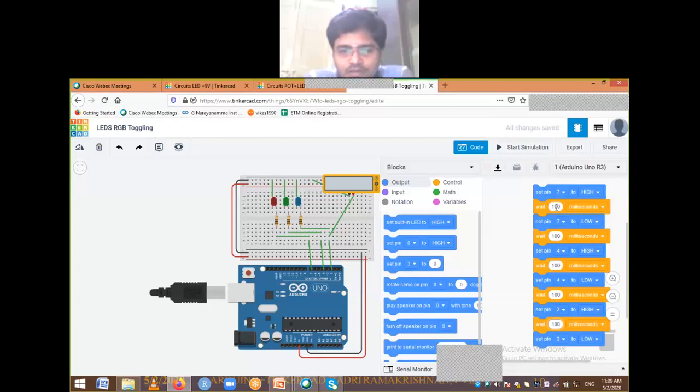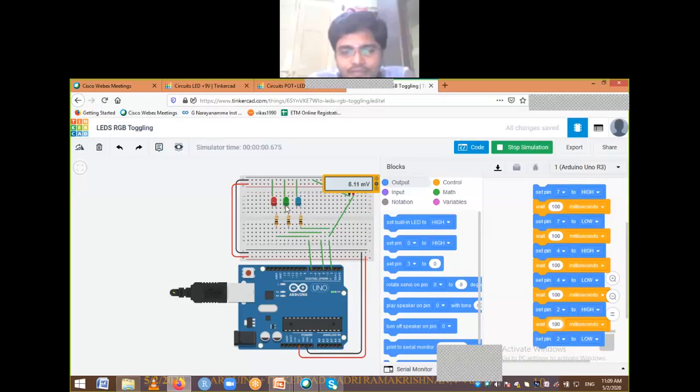See, this is blinking, turning off after 100 milliseconds. Again red glows, after 100 milliseconds off, then the green one. So with this kind of pattern, maybe you can come up with red, green and yellow colored LEDs, and maybe for a junction you can come up with traffic lights.